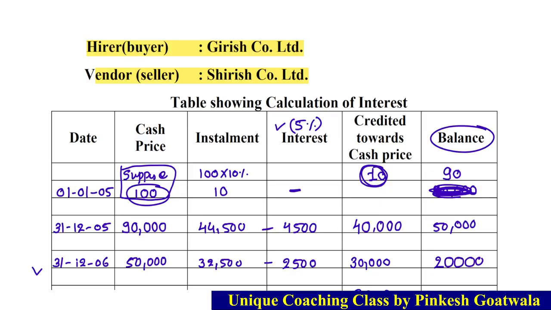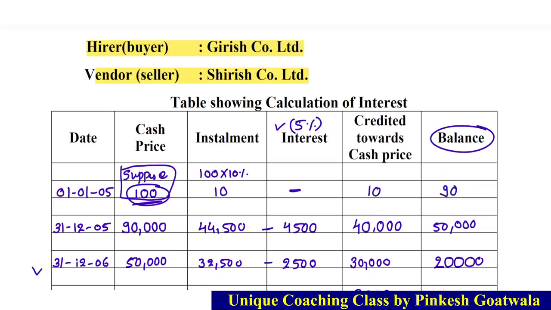Suppose the cash price is 100. Okay, if we assume the cash price is 100, then in such cases how much will the installment down payment be? 10% of 100 will be 10. Interest will be nil always. So what will be the payment toward cash price? It will be 10. And what will the balance be? So how much balance will come? Balance will become